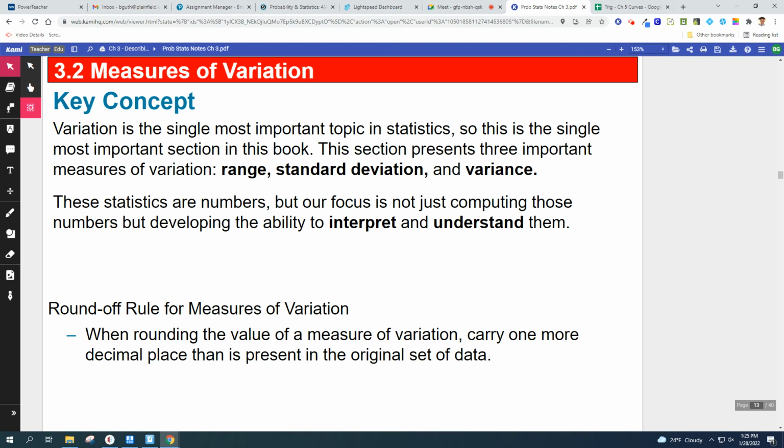3.2 measures of variation. According to this book, variation is the single most important topic in statistics. So this is the single most important section in this book. This section presents 3 important measures of variation: range, standard deviation, and variance. I think range is the easiest. Standard deviation and variance are a lot harder. These statistics are numbers, but our focus is not just computing those numbers, but developing the ability to interpret and